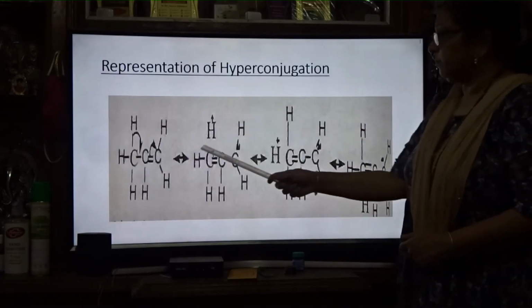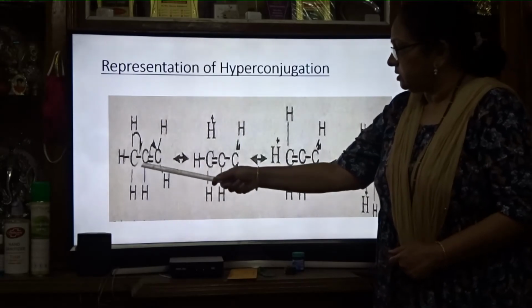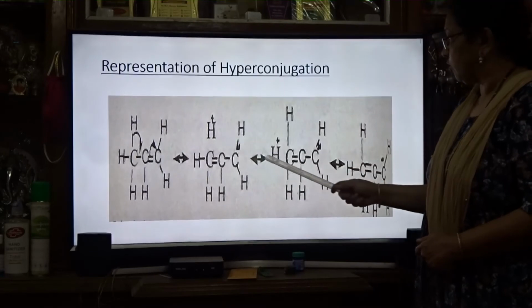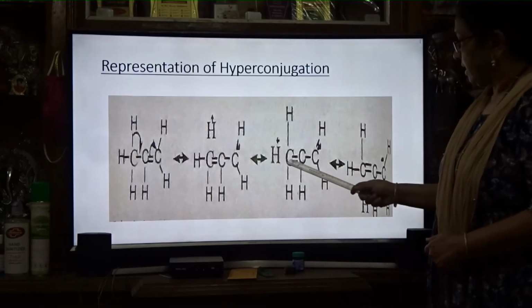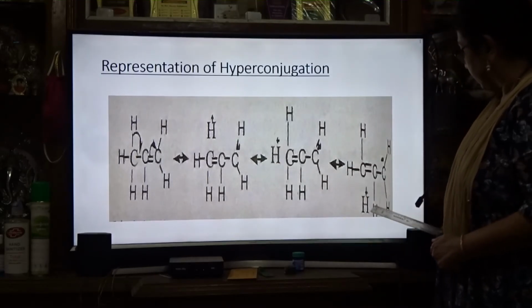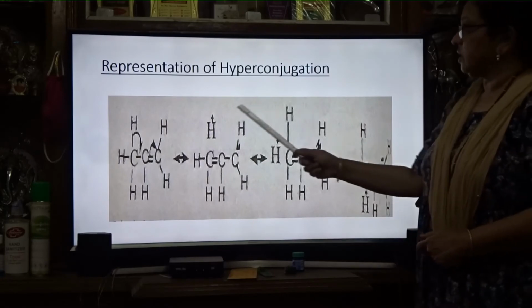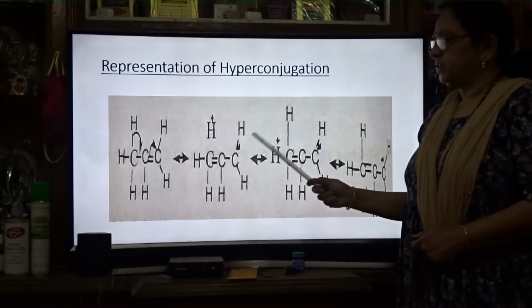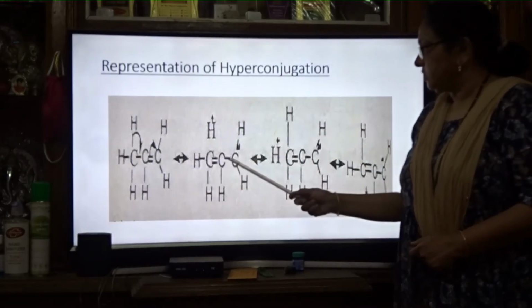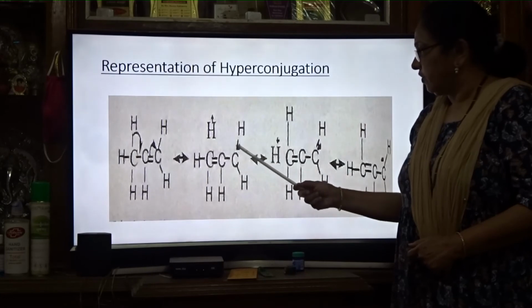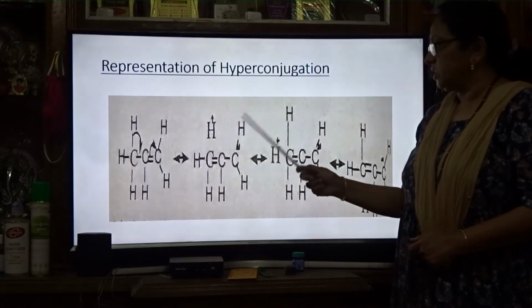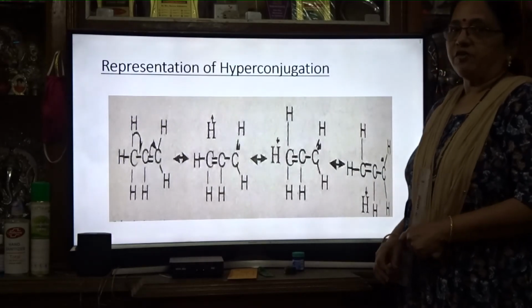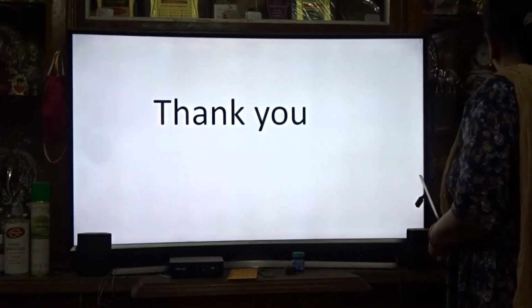So here we are seeing the electrons. This is releasing of electrons, so this is H plus. Here no bond is there, so it is known as no bond resonance. Now this alkyl group is attached to the unsaturated system, a single bond is there, and this is the alpha hydrogen, and it releases electrons. This type of release of electrons is known as hyperconjugation effect. Thank you.